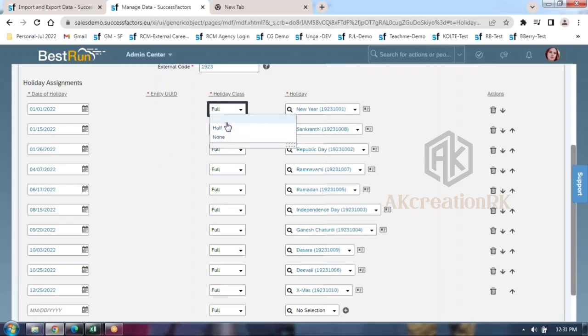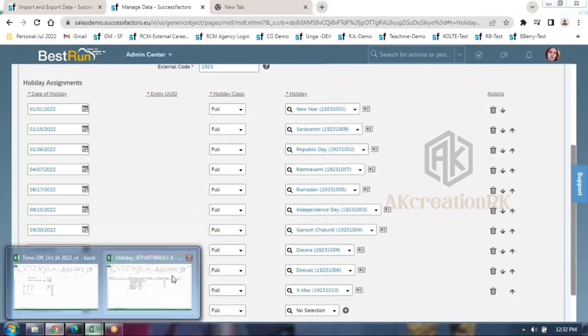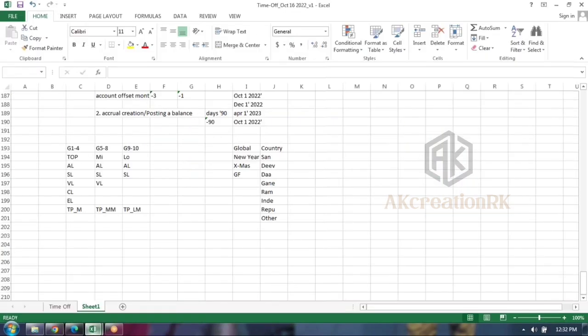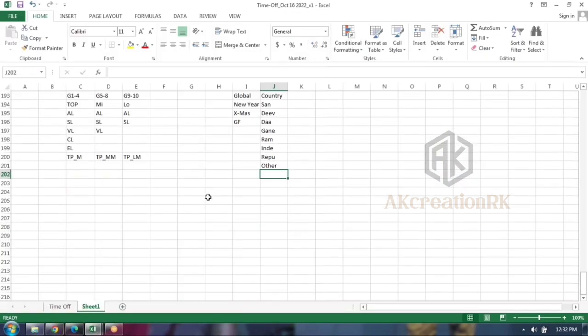Now, full day is nothing but all the fixed public holidays. Full day is all the fixed public holidays, guys. And you had one more, half a day. What do you mean by half a day? Half a day is only US or Canada, only one or two countries in the globe are following this half a day concept, guys. Or else, if you want, you can create custom also. The standard two half days are available, guys.